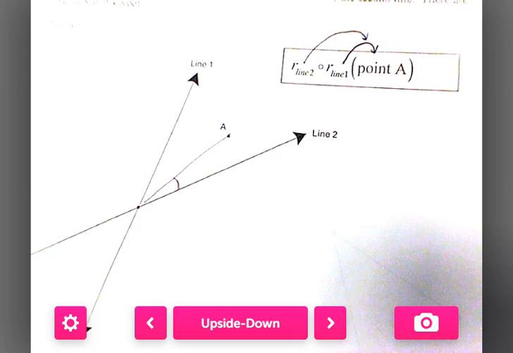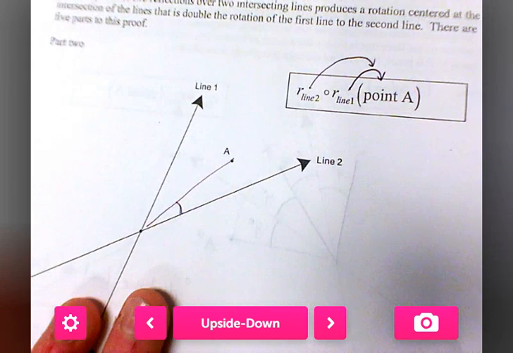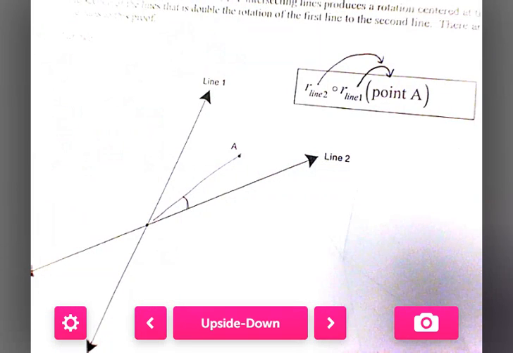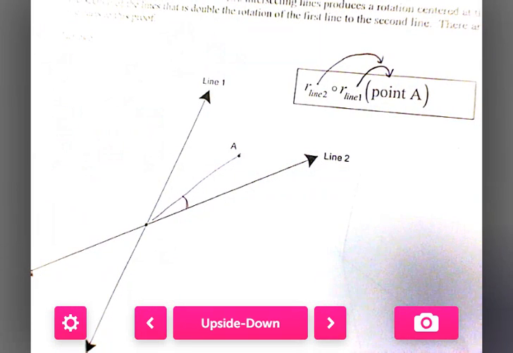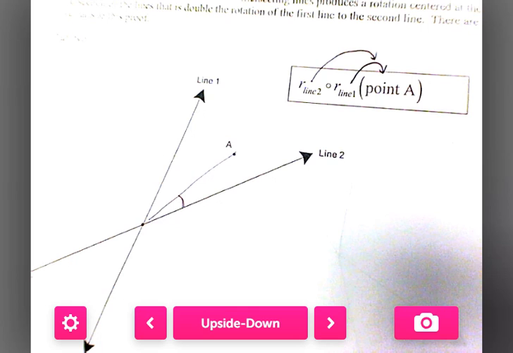Because actually, we're the weird ones. A lot of cultures like right to left. Like they read right to left, which is cool. But anyway, interesting fact. But anyway,